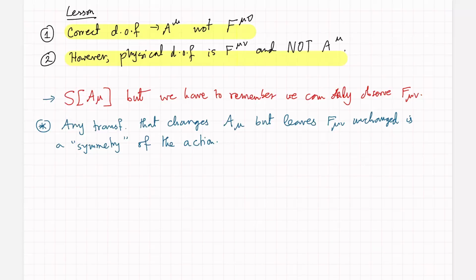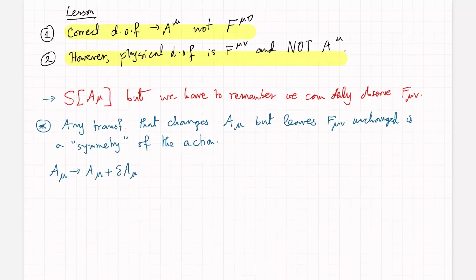So we know precisely how they transform, and in particular, F mu nu does not remain unchanged under Lorentz transformation. It's a rank 2 tensor, so it will transform like a rank 2 tensor. So I'm looking for a transformation that will change A mu, but will not change F mu nu. And of course, I'm going to give an example, because I would not raise this point unless it was important, right? So the example is, let's say that I change A mu to A mu plus some delta